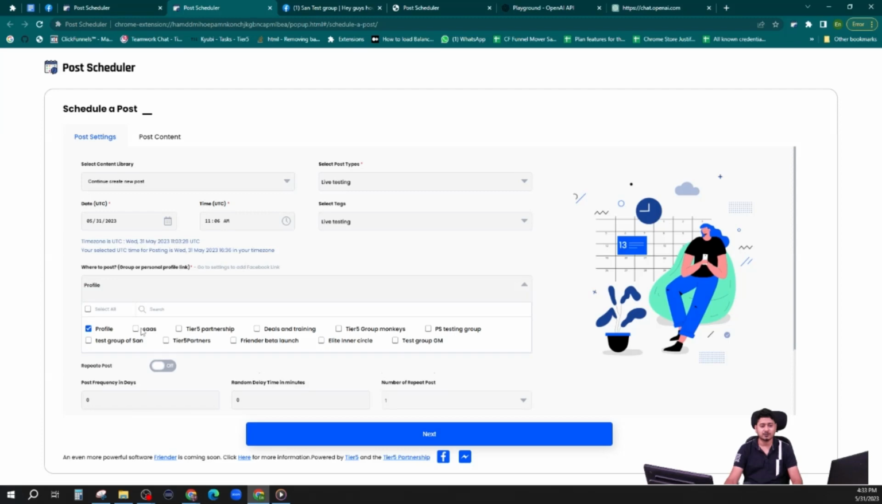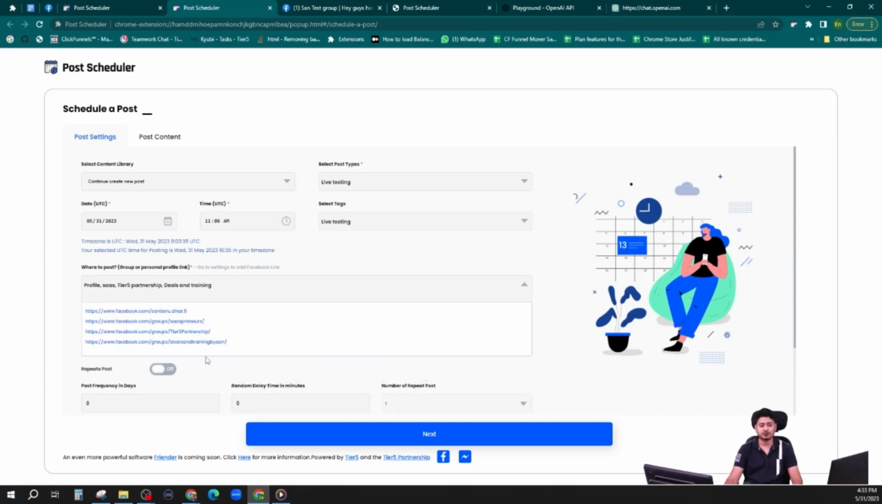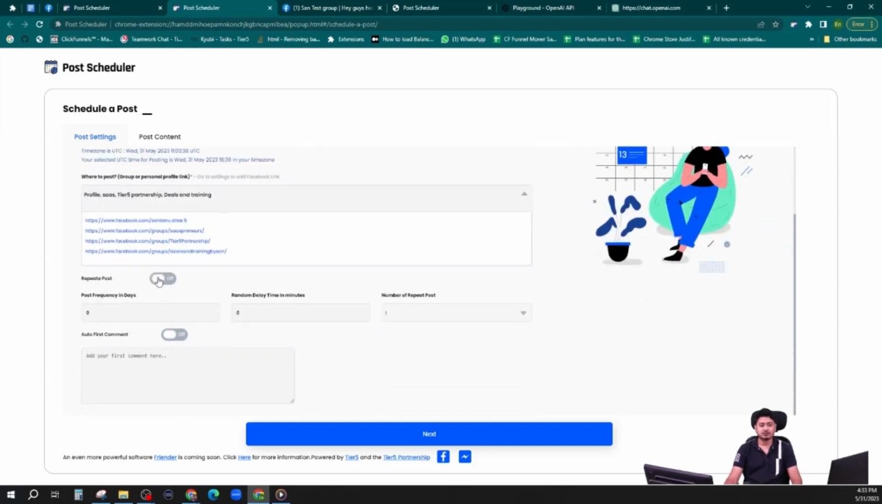on my profile, suppose SaaS groups, partnership groups, deals and training groups, right? In all of these 4 groups I'll be posting this content, and I'll also make this my repeat post, which you guys already know that I can do. So I'm not doing it right now, or I can just do it, it doesn't matter. So I want this like this, then 1 hour delay, and then I just want to create maximum 5 posts for this, and